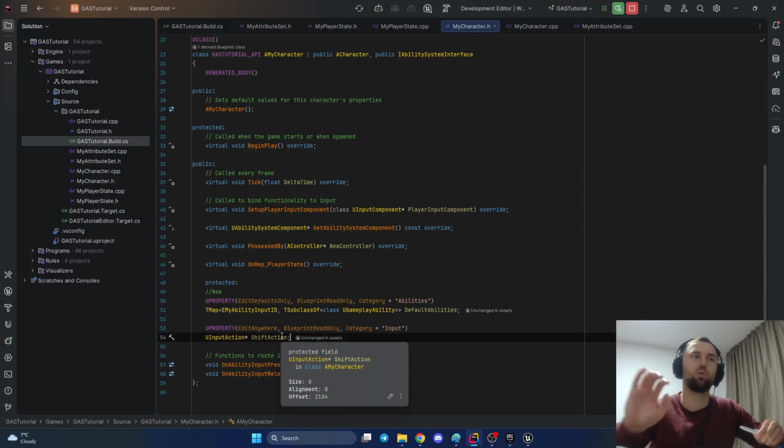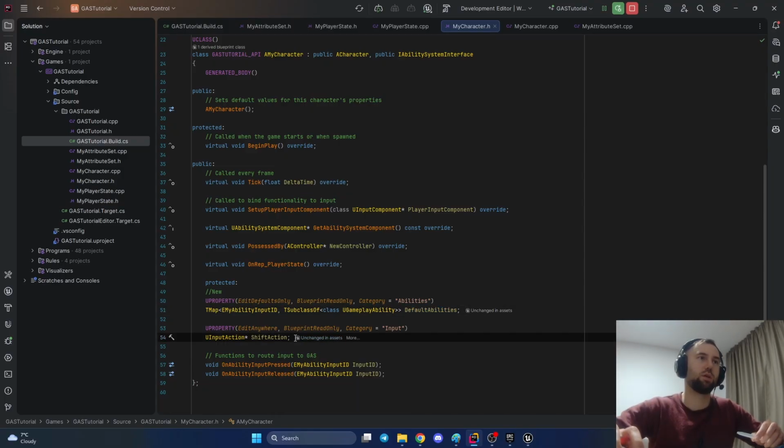And I'm passing also shift action because I will press shift and then I will speed up my character in the gameplay ability. So I need to have the input to press and track when I'm pressing this. And another when the input is pressed and released. So